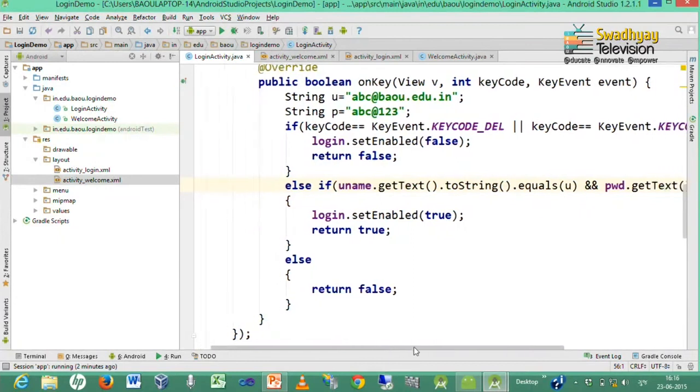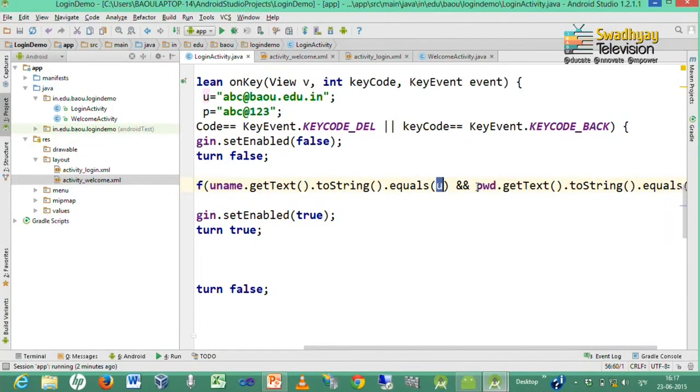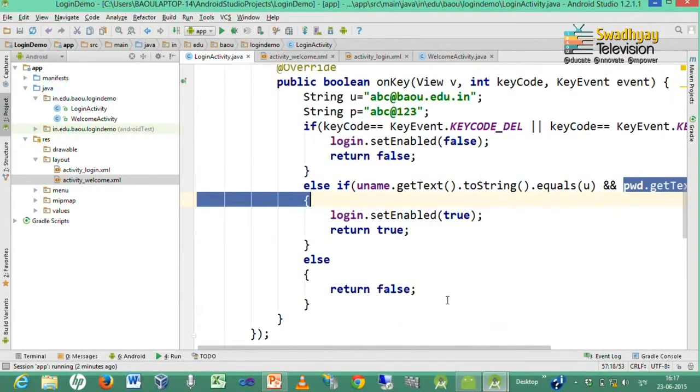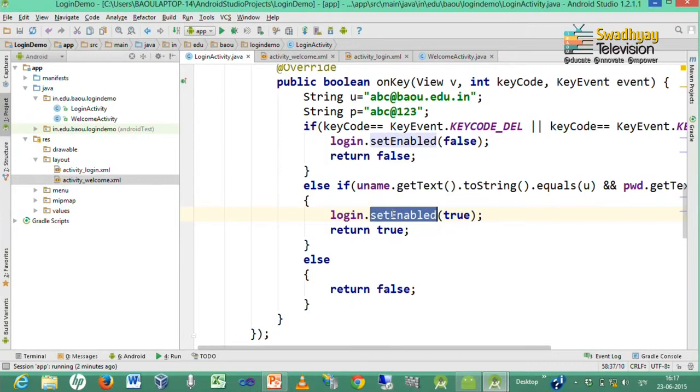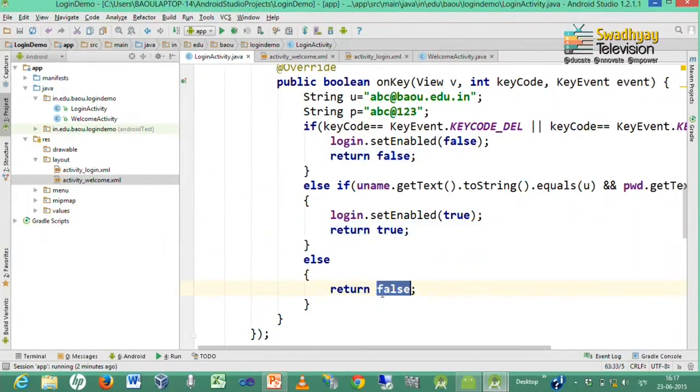And if username.getText().toString(), that means the value entered inside username, equals the predefined username, and the value entered inside the password field is the predefined password, then we have to set the login button to enabled, and we have to return true, meaning we want to consume this event, we do not want to display anything else, and in any other case we return false.